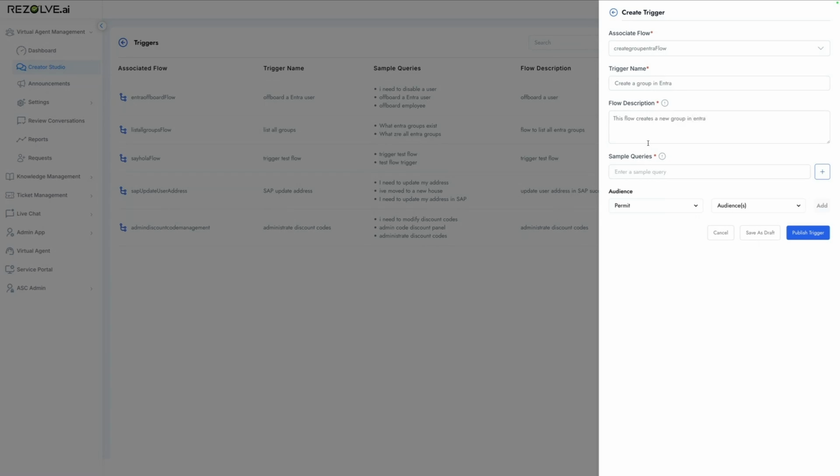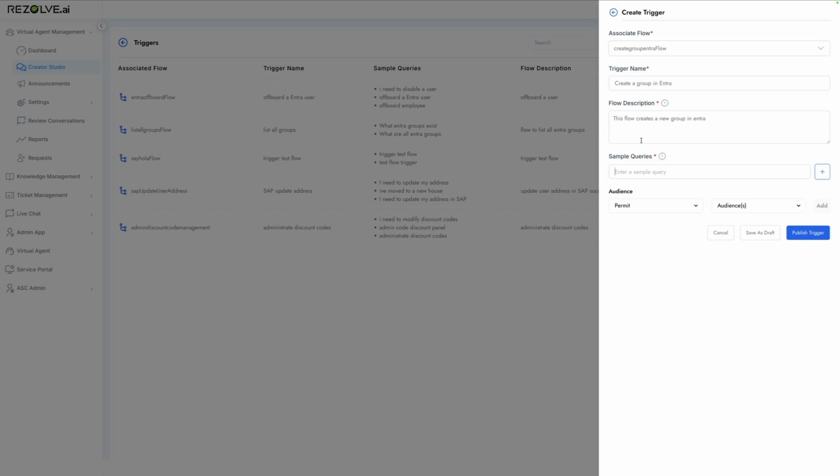All right. So the sample queries here, I'm going to add. This is to help the bot determine how to invoke the flow. If you have similar, different flows, you can put in sample queries, and that helps the bot be deterministic on which flow to run, especially when you're using our AI flow generator and you have made over 1,000 different flows and successful automations for your company.